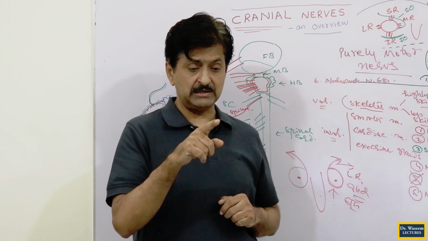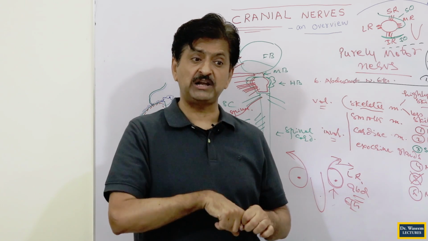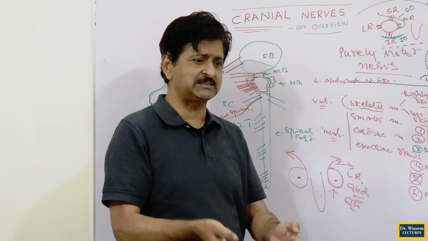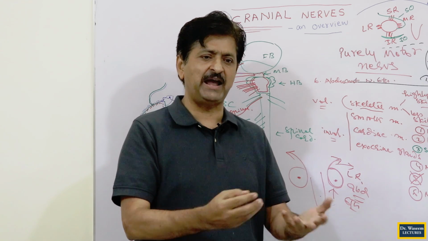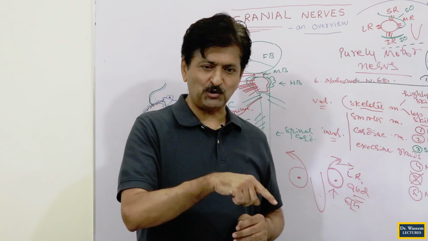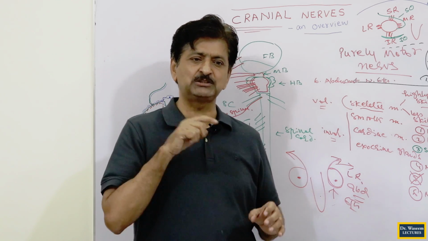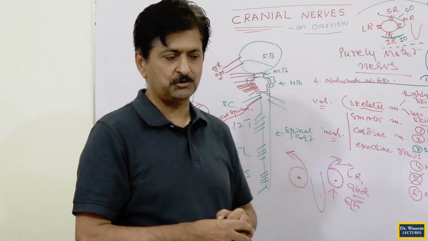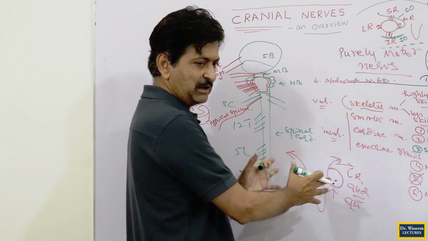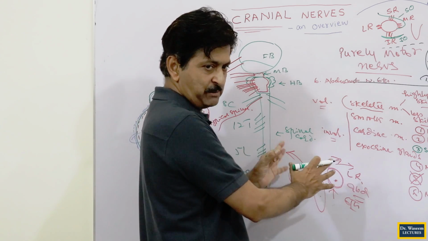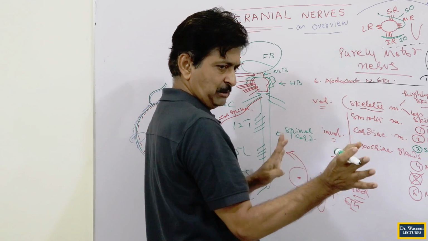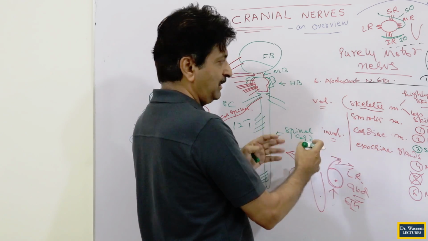And that muscle, I say, is the muscle which passes through trochlea. That's why the nerve which is actually supplying the muscle passing through trochlea has been named as the trochlear nerve. The nerve is not passing through trochlea, but the nerve is supplying the muscle passing through the trochlea. That's why we call it the trochlear nerve. This is your 4th cranial nerve, trochlear nerve. Here I can't make some funny resemblance, but at least you say the trochlear nerve, at least one nerve you can remember without any clue.